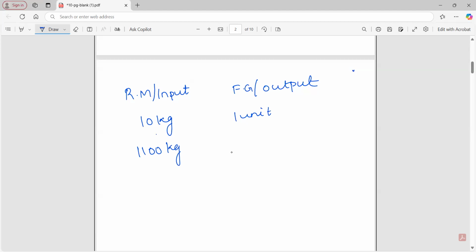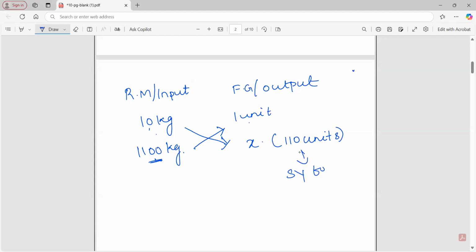By making use of this 1100 kg of raw material, how many units of finished goods could I have produced? If by making use of 10 kg of raw material I can produce 1 unit of finished goods, then by making 1100 kg of raw material, how many units could I have produced? Just cross multiply and see. We could have produced 110 units of finished goods by making use of 1100 kg of raw material. So this is nothing but my